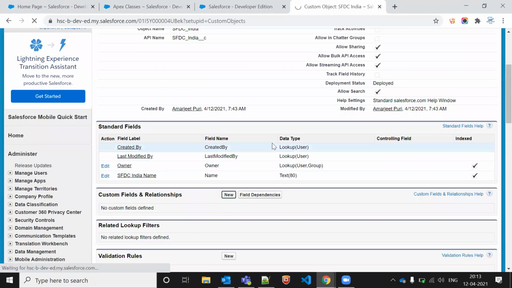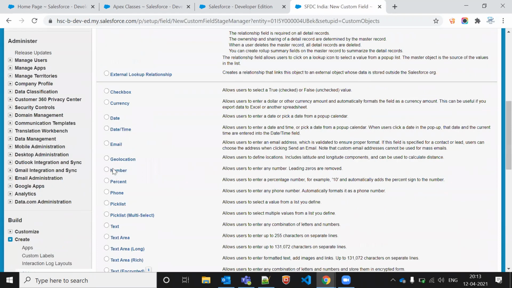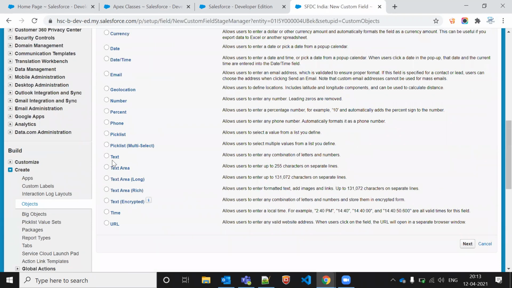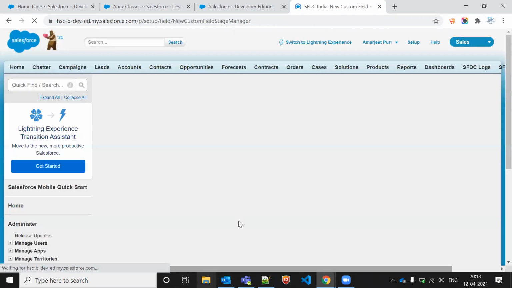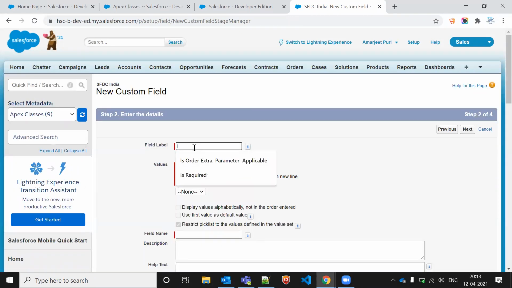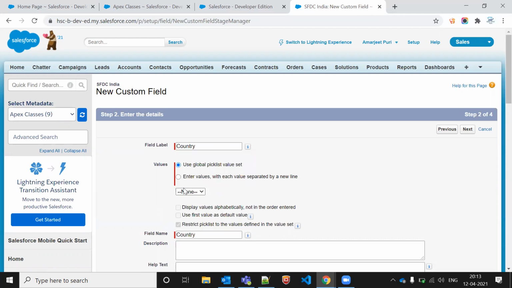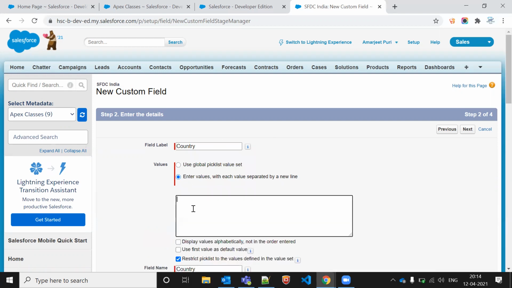For understanding purposes, we can create some of the fields as dummy fields. Let's say it can be any drop-down, country. One second.